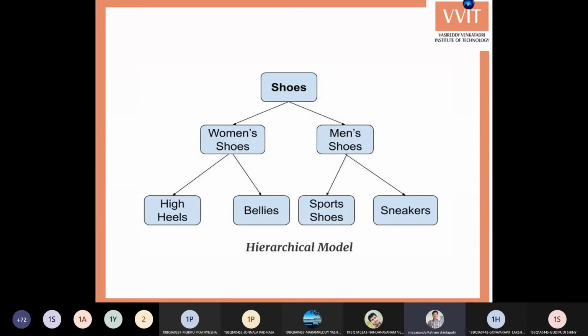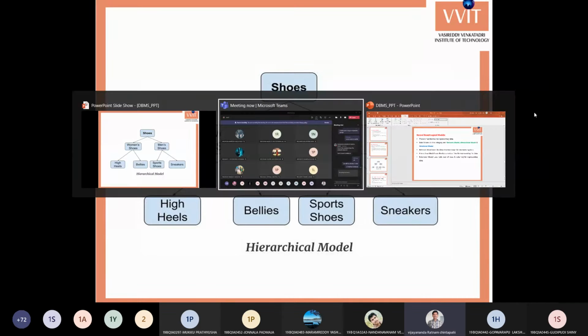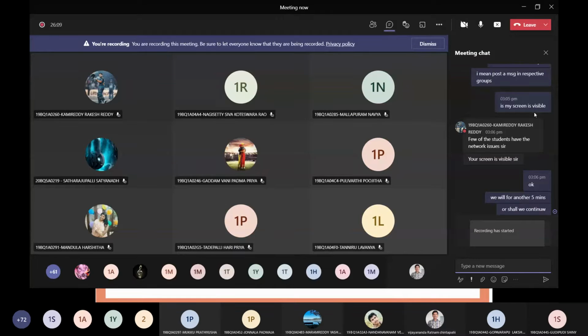I hope everybody understands. If you have any doubt regarding this hierarchical model, please go through the chat box messages and I will try to clarify your doubts. If anyone responds from ECE or EEE, is it okay or shall we repeat it again? Please respond. Anyone?